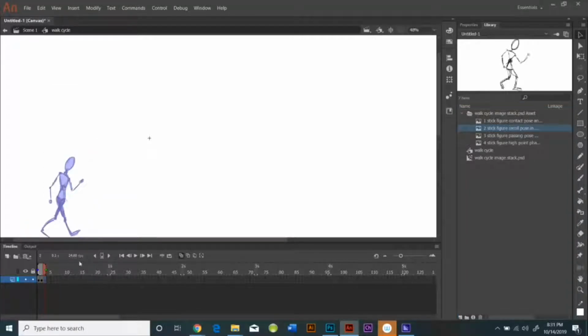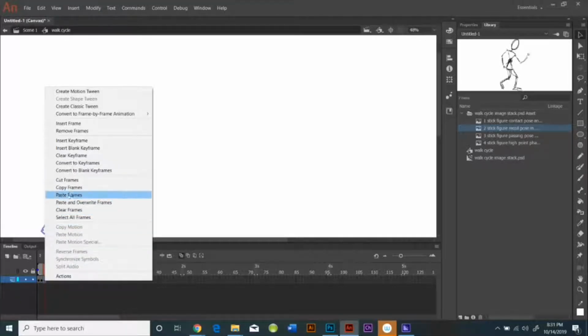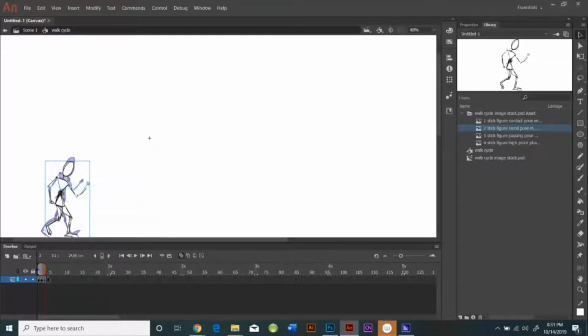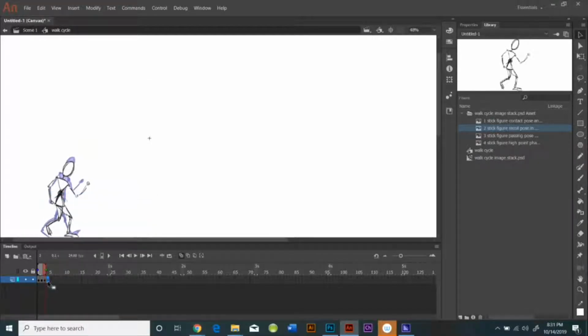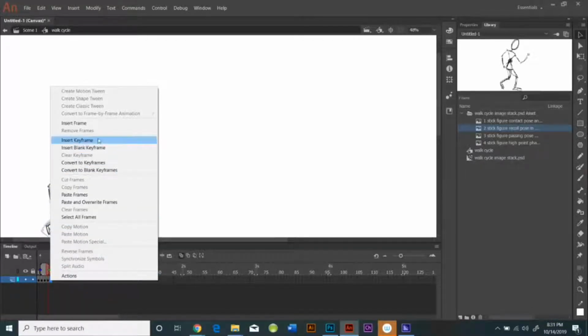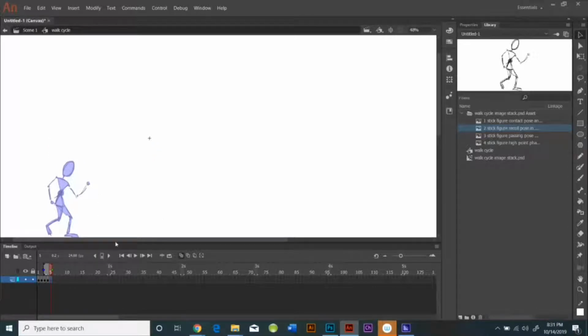So what I'm doing is I copied the frame, I pasted the frame, and then I right click, insert new keyframe, insert blank keyframe, and I drag the next image onto the timeline. Then I right click, copy frame, right click, paste frame, and then insert blank keyframe, and then drag the next one onto the timeline. And with the onion skinning, the paper becomes see-through, and you can see exactly where to